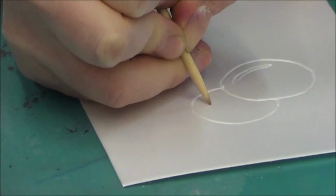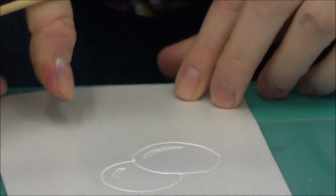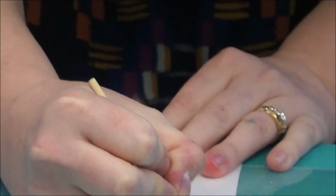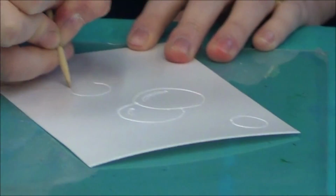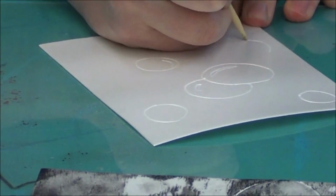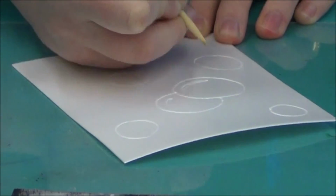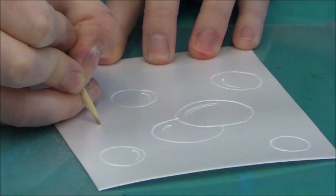they're translucent. A lot of times they've got that iridescence to them, so they have a reflection. And to emphasize a reflection, all you have to do is just put a line around something. So I'm just going to draw some different circles on here for bubbles. I'm going to draw those reflection lines. They're going to be in different parts